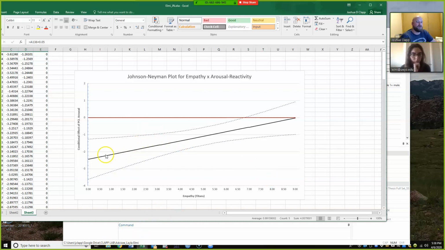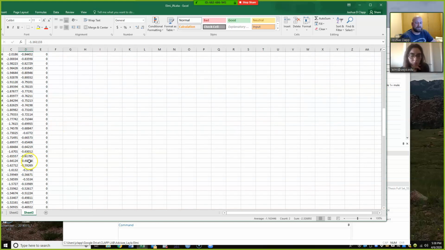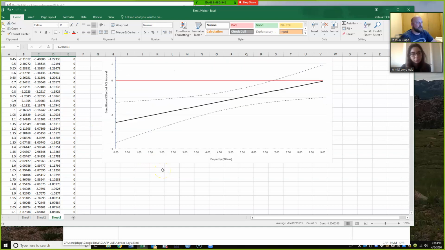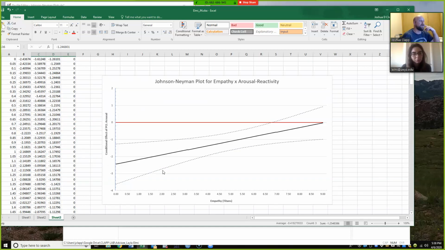if we were to look at your simple slopes, you're getting a negative simple slope of arousal on interpersonal functioning until we get to a value of about 6.75, right? And so really the issue with simple slopes and the argument for why simple slopes aren't